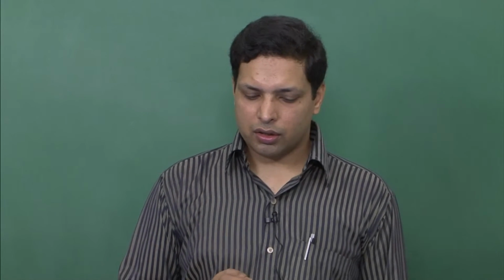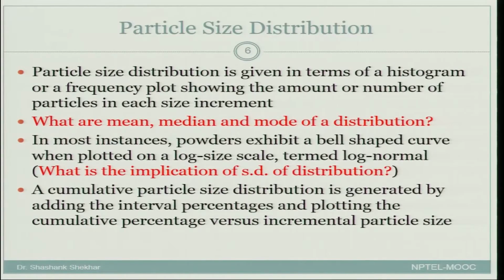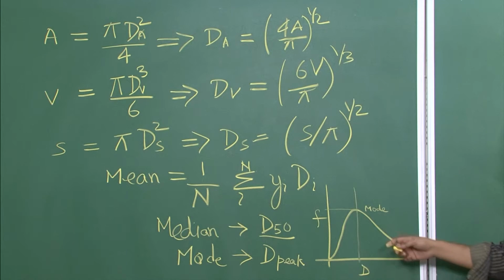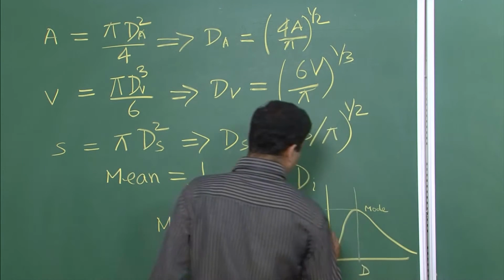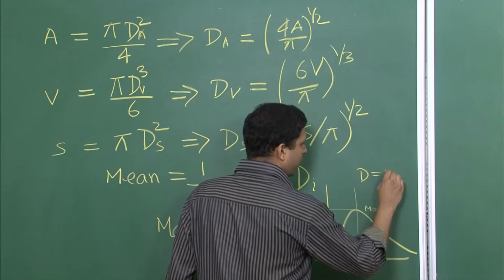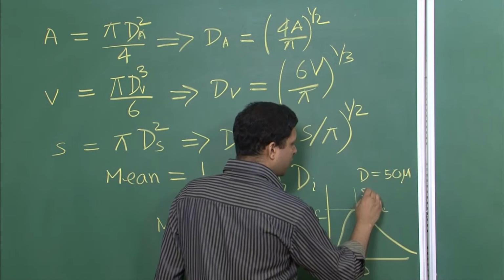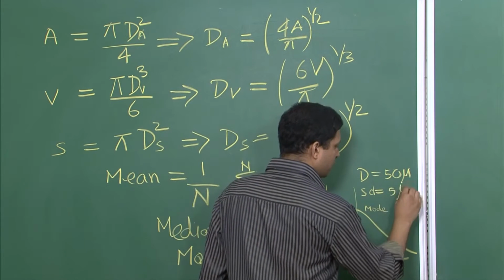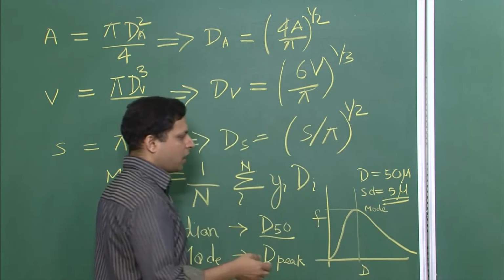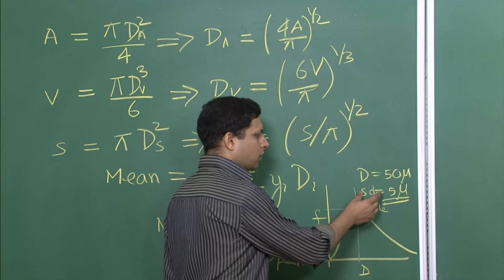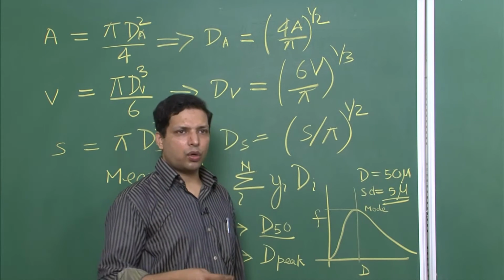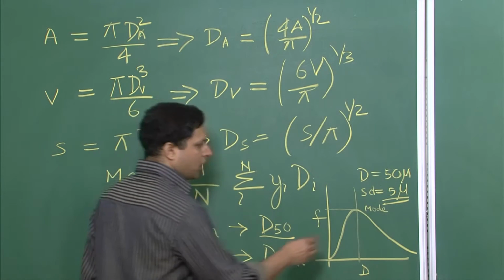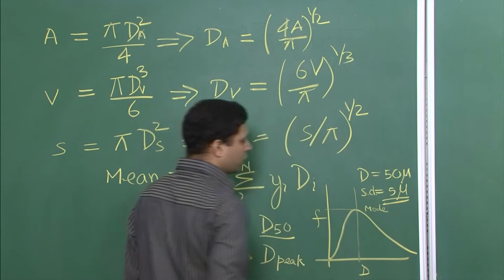Now, this standard deviation, you may have seen that it is just given as one value, but what is the meaning of that standard deviation, one value? Let us say over here we are given some diameter, let us say d is equal to 50 micron, and standard deviation is given as 5 microns. So, what is the meaning of this 5 micron? Does it say that a certain fraction of data should lie within this? What is this standard deviation? It is important to know this.